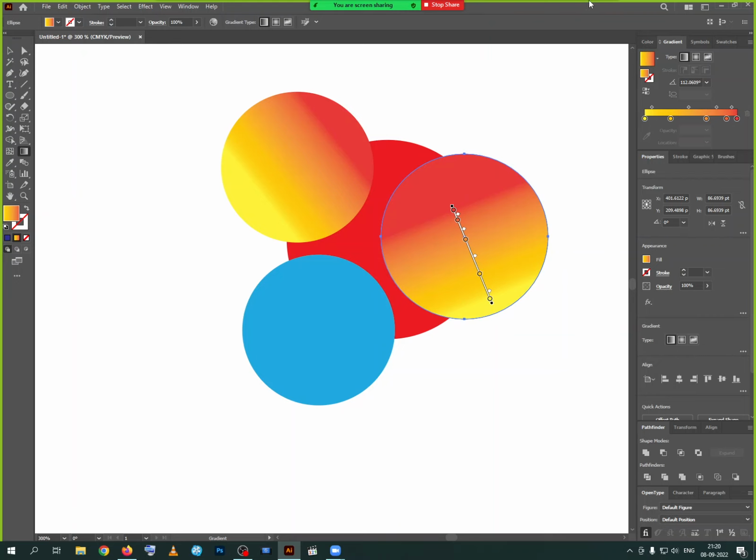Under this one we have two styles here. One is linear and one is radial. You can see the radial option here. And however much you want to drag, you can drag. If you draw a small line, you will get a small gradient. If you draw a big line, you will get a big gradient on this one. Now the third option is nothing but free form gradient, in the sense you can click